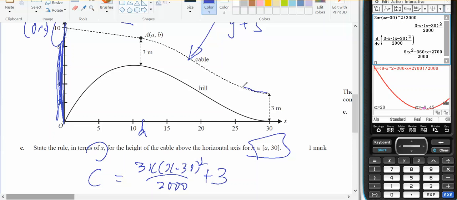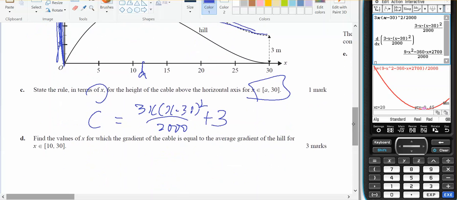And that will give you the rule for that bit of the cable. Find the values of x for which the gradient of the cable, so dc/dx,